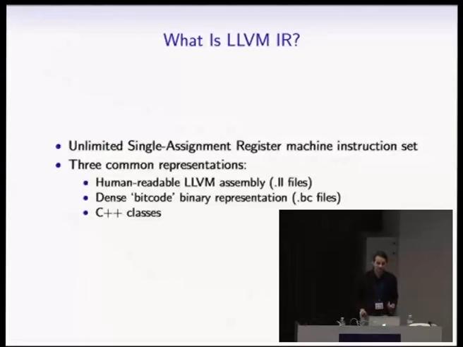There are three representations of this intermediate language. There's a set of C++ classes, and that's generally how you'll use the IR in your own code. There is a really dense bitcode, which is a binary representation, and that's what you typically use for passing the IR between different tools. If you're doing link time optimization, your compiler will emit object code, but in this bitcode format, and then your linker will optimize it some more and combine it. And there's also a human-readable LLVM assembly format, and that's what I'll put on the slides because you can't read the bitcode. That would just be evil.